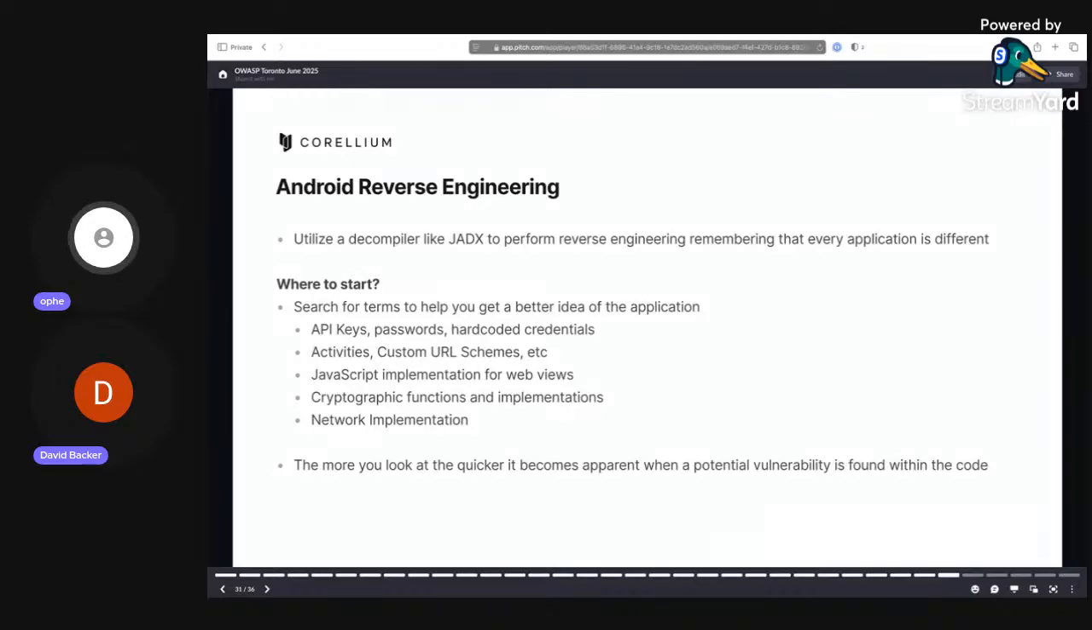So this is on Android. We're going to be using JADX. We decompile the app, and this gets it into a human readable form. And we're going to be looking for things like API keys, hard-coded credentials,